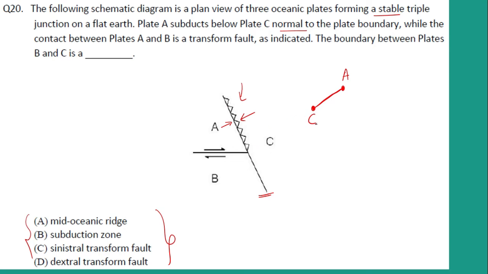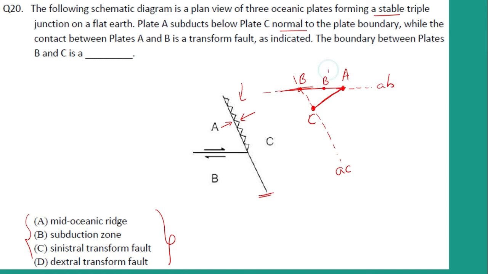Now the velocity vector is just parallel to this plate margin, and also passing through the overriding plate, which is C. So this will be the velocity vector AC. Now A and B form a dextral transform fault, hence A must be in the east of B all the time. So somewhere on this line your B must lie, and the velocity vector should be passing through this as AB.